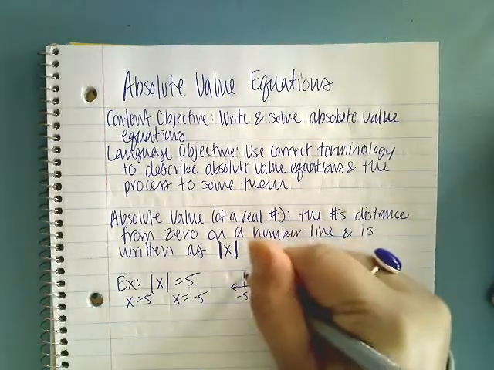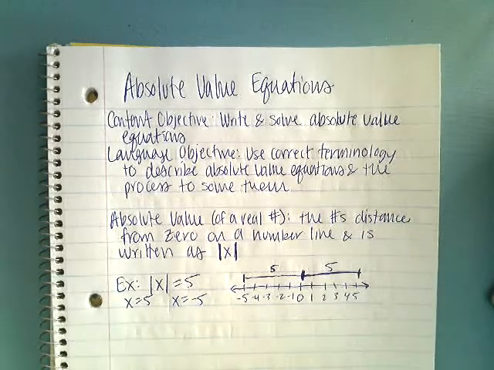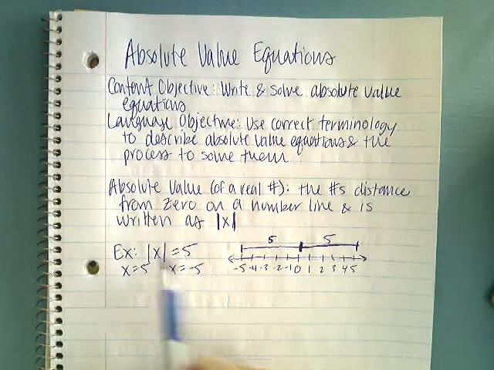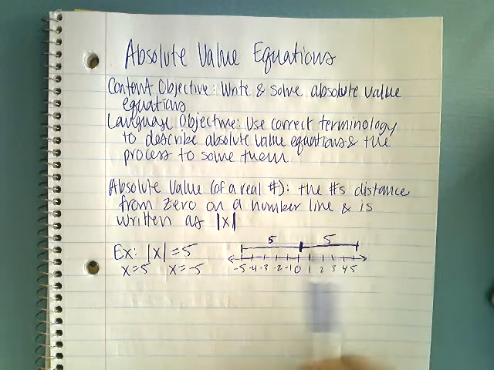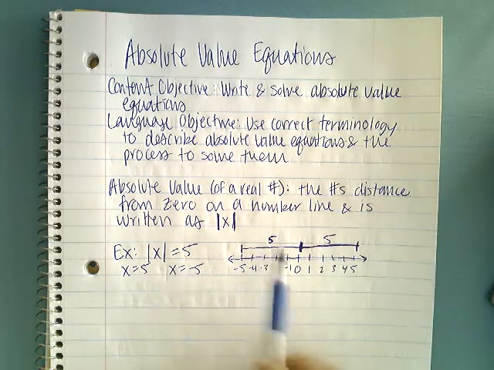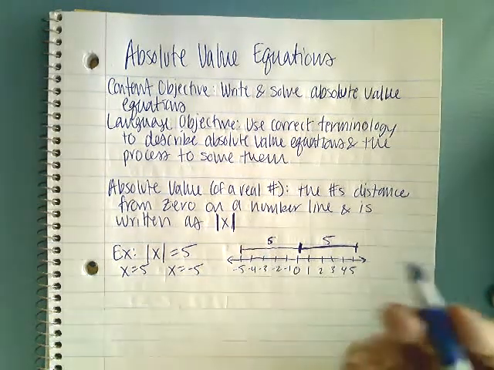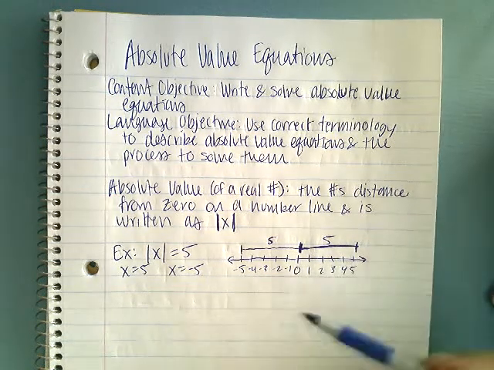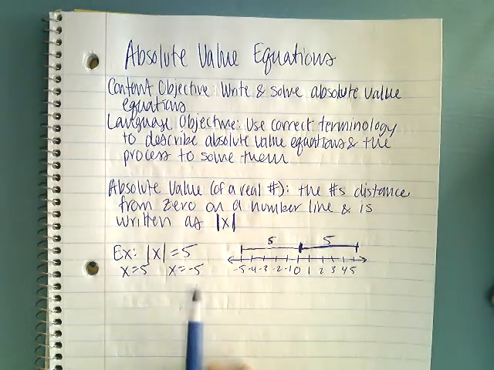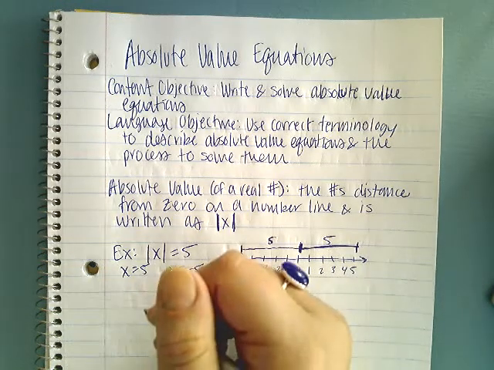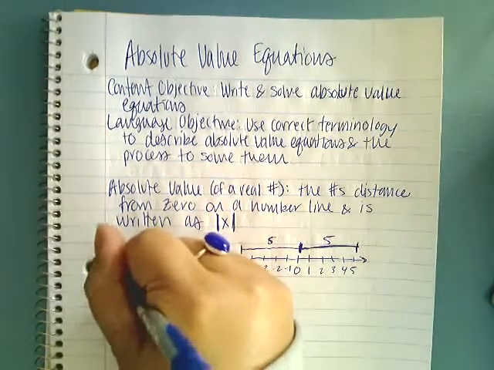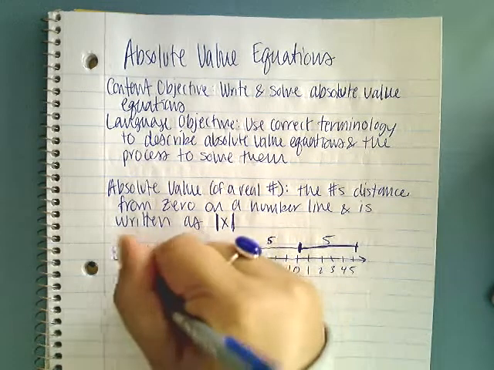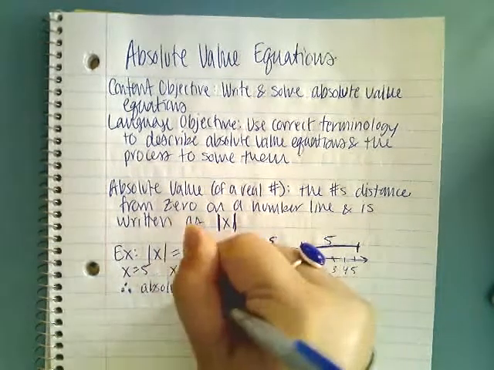is also 5 units. So whenever we're solving absolute value equations, we're going to end up with two equations. One where what's in there could be the positive distance, or one where it could be a negative distance, because the distance can't actually be negative, the distance is always positive. So it could be in the positive direction or the negative direction and just have a distance of 5 in either way. So I'm going to write this out in words. These three dots that I'm drawing right here indicate therefore. And so I'm just going to say therefore absolute value